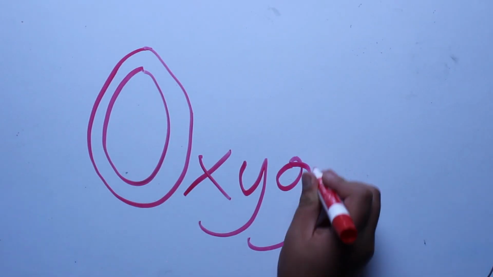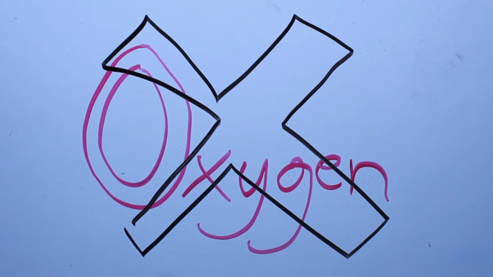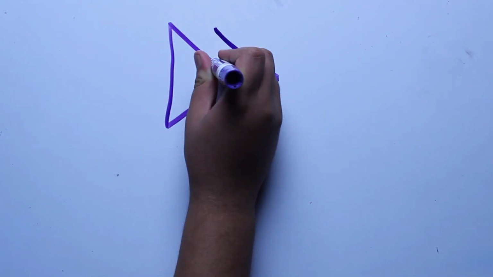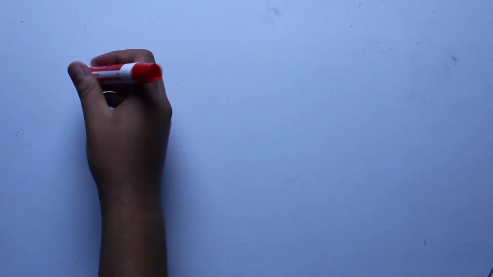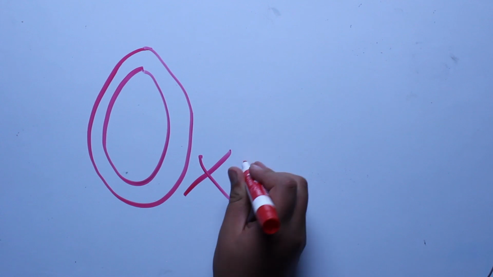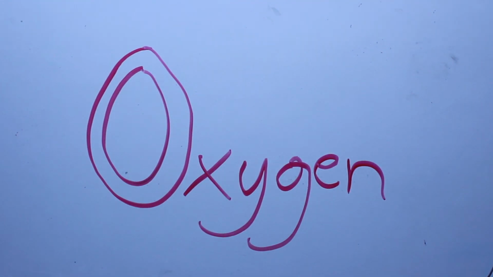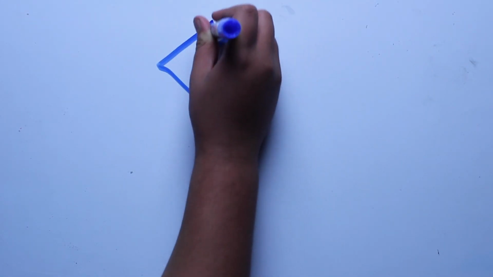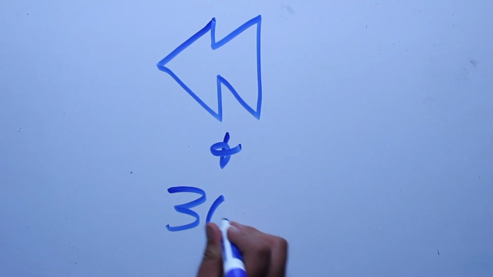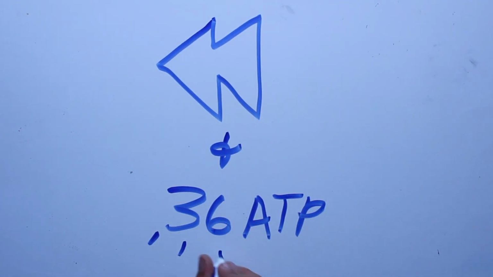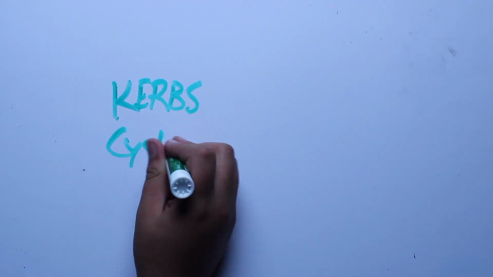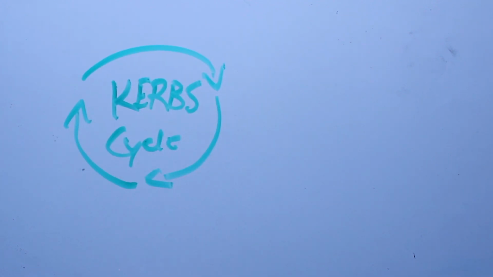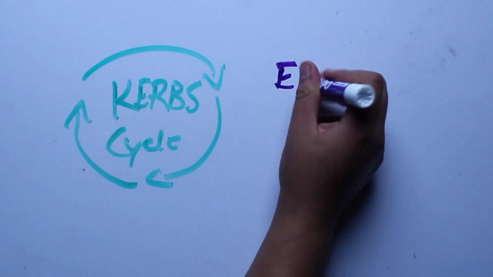Anaerobic respiration breaks down molecules without the use of oxygen. It is fast and produces a net 2 ATPs per glucose molecule, while aerobic respiration is breakdown using oxygen. It's slower than anaerobic and produces 36 ATP per glucose molecule, since it doesn't only go through glycolysis like anaerobic, but in aerobic it goes through the Krebs cycle and the electron transport chain as well.